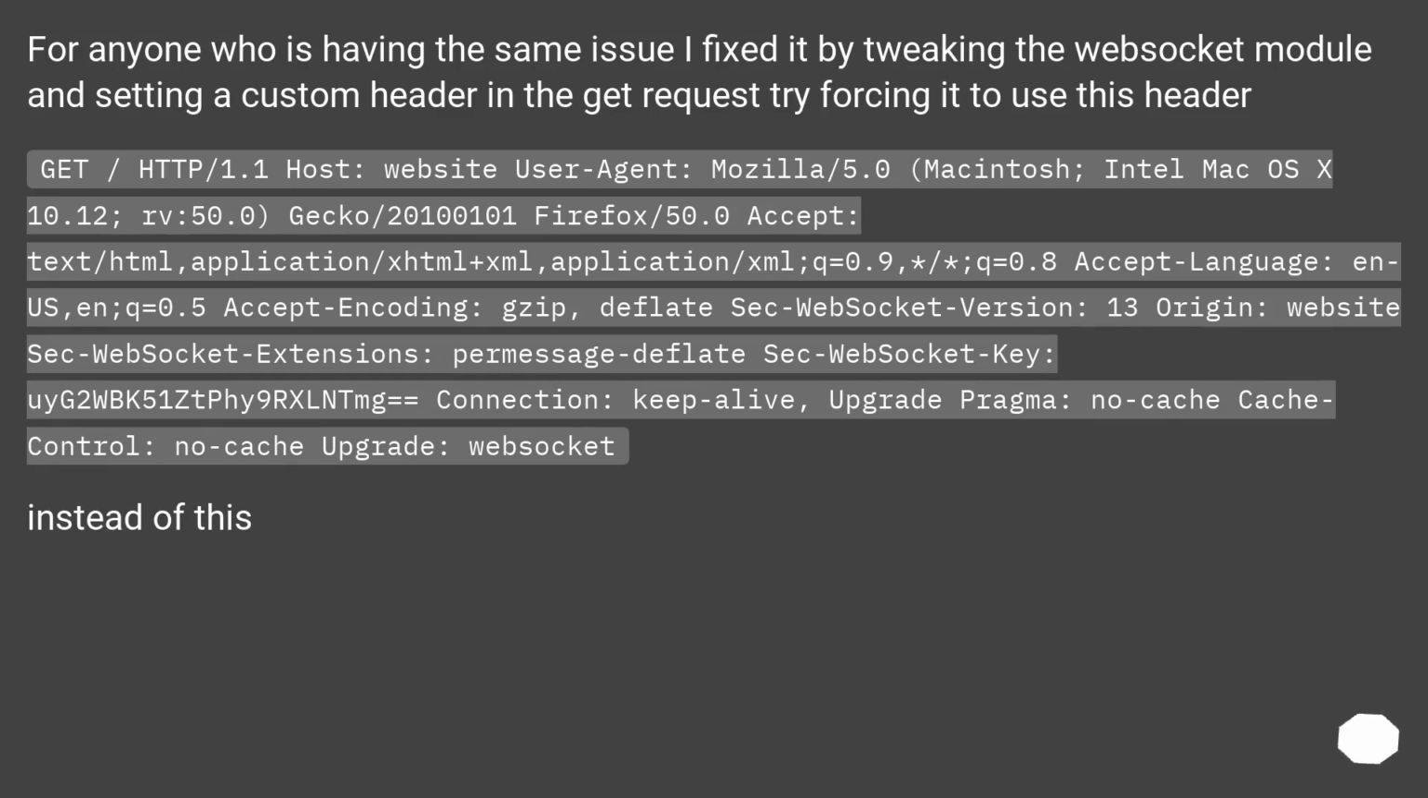HTTP/1.1, Host: website, User-Agent: Mozilla/5.0 (Macintosh; Intel Mac OS X 10.12; rv:50.0) Gecko/20100101 Firefox/50.0, Accept: text/html,application/xhtml+xml,application/xml;q=0.9,*/*;q=0.8, Accept-Language: en-US,en;q=0.5, Accept-Encoding: gzip, deflate,